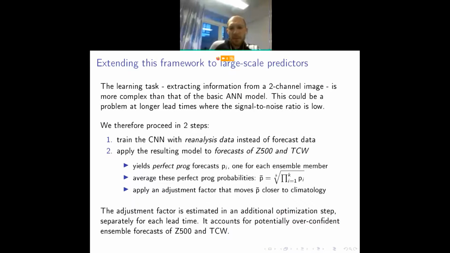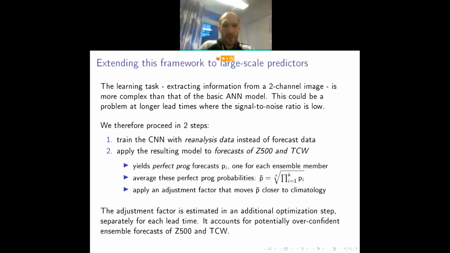Another thing that we're doing is that we think that at these lead times, looking at the ensemble mean may not be as reasonable, because the different ensemble members typically diverge so much that the signal, and especially the features in an image that could be interesting, get smeared out too much if we just average the different members. And also those features might be difficult to learn at the subseasonal timescale where we expect the errors to be relatively large. So instead, what we're doing is we train this convolutional neural network against analysis, meaning analyzed